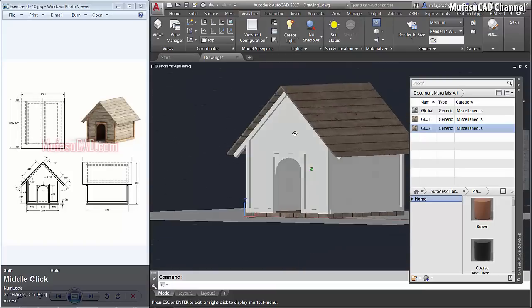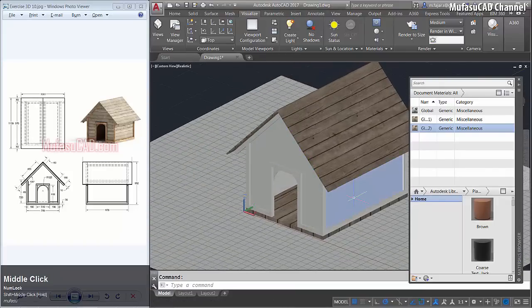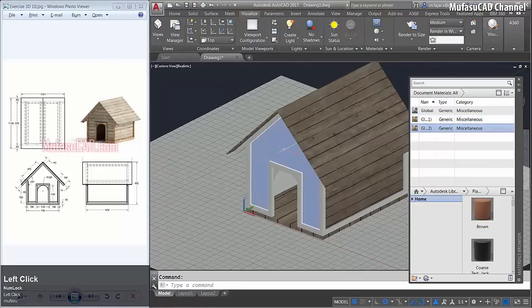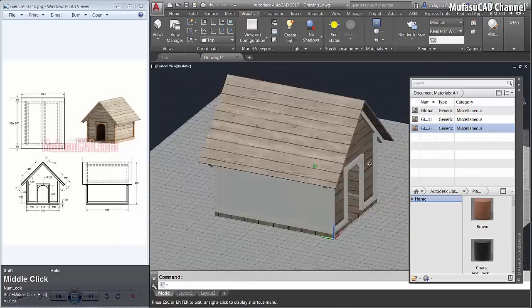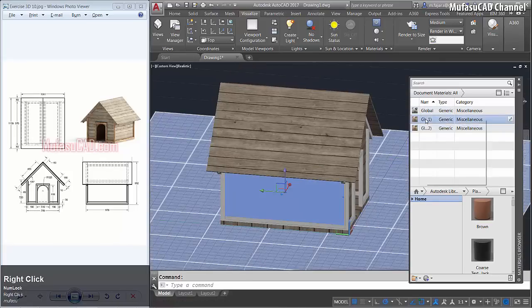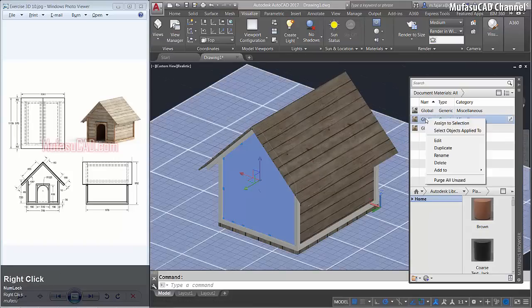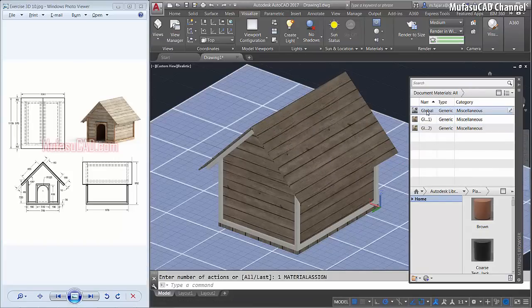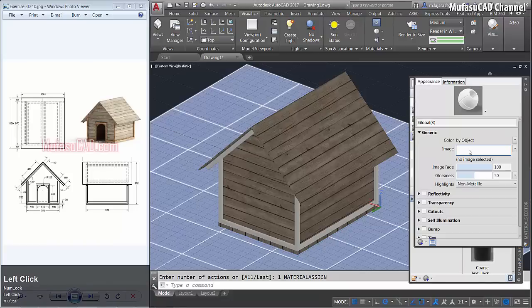Okay, you can rotate to see the object. Next, I will apply this material in here, assign to selection and click here and detail and assign to selection. I will apply it in here too, right click here and assign to selection, and then in here right click assign to selection. Okay, I will duplicate this global material and click here twice, select the image.